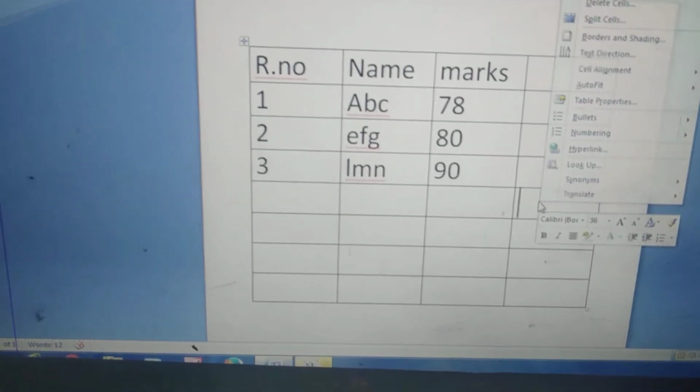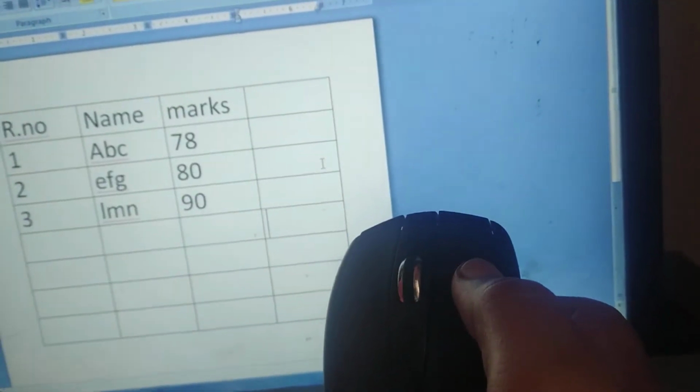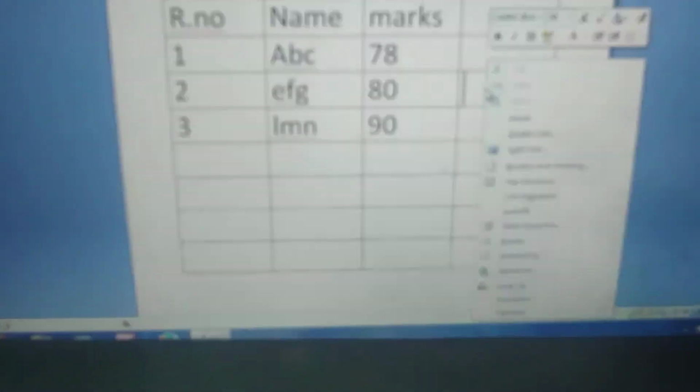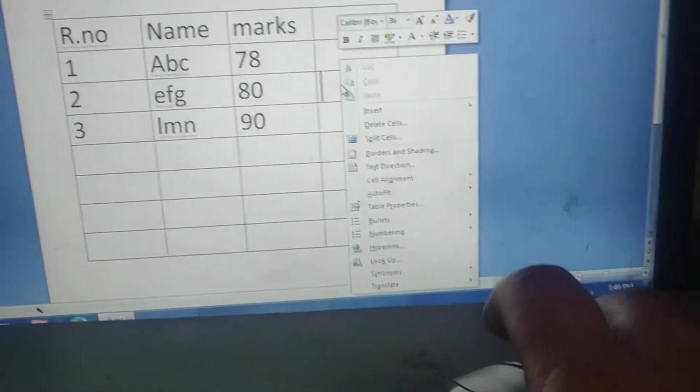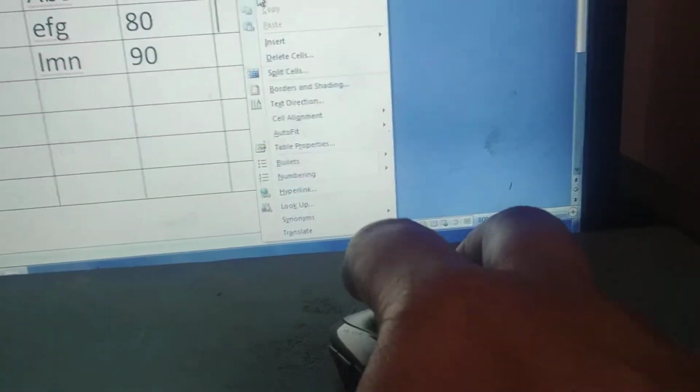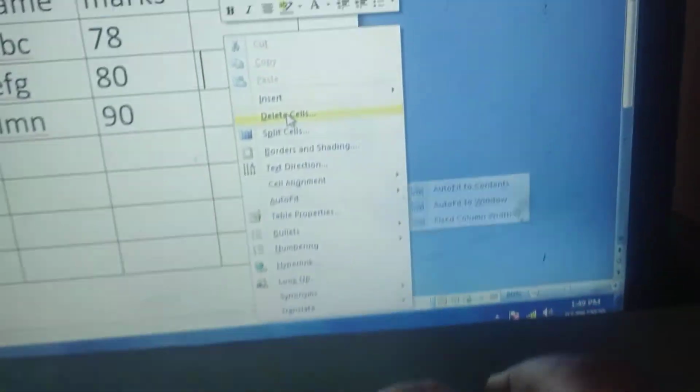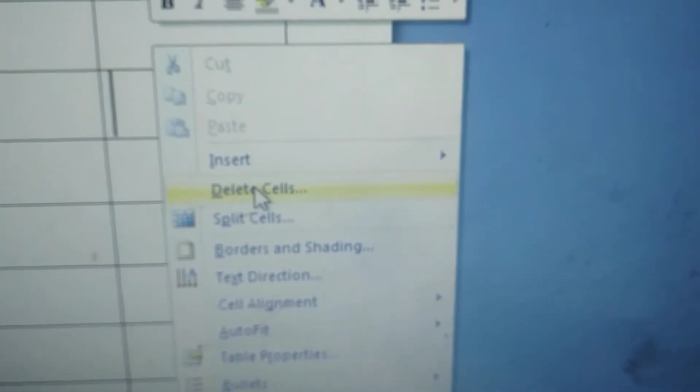Right click means what? This is your mouse and the second button of the mouse is the right button. You click it. Then you will get such a dialog box or menu. Then here, see here, Delete Cells.